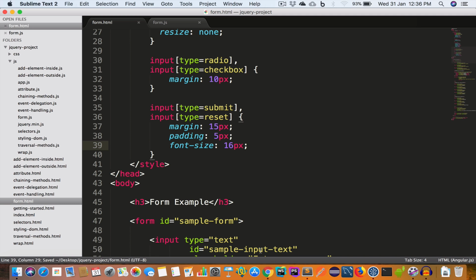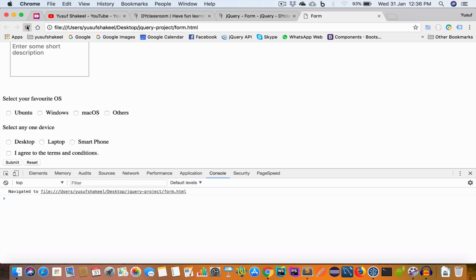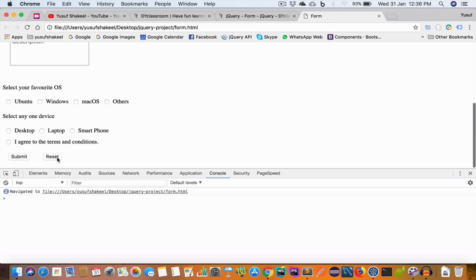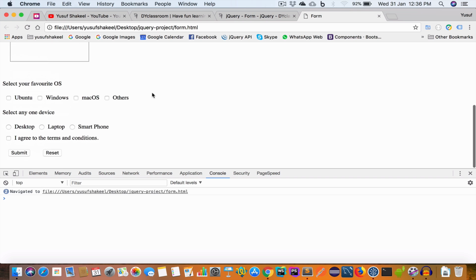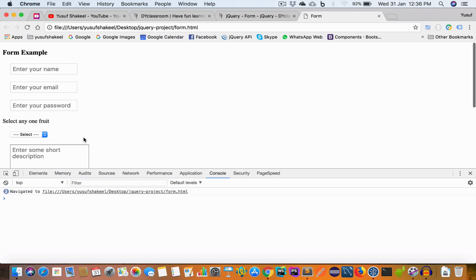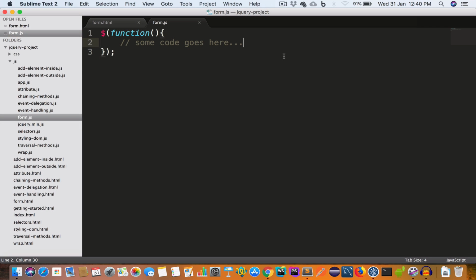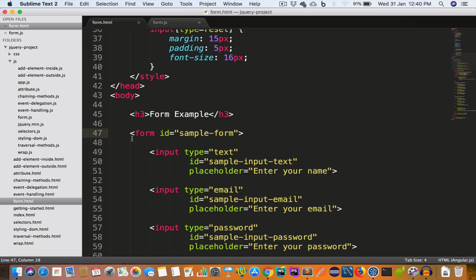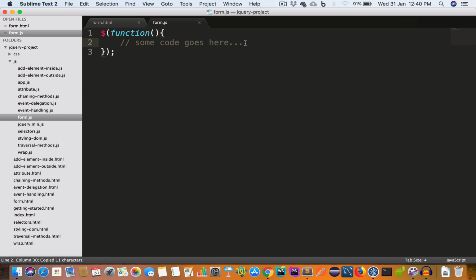So if we save this file, go back to Chrome and reload. All right, this looks nice. So this is our form, and we'll be handling the submit and reset event for this form using jQuery. Now to handle the submit event for this form having ID sample-form, we have to write,